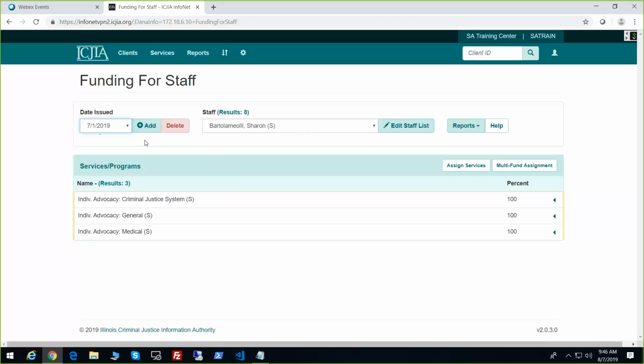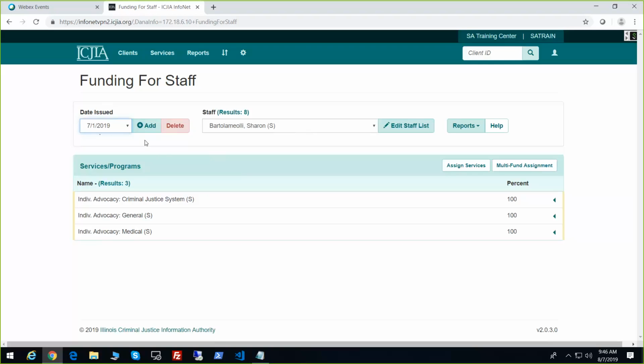You will also want to add a new date if there's been a substantial shift in how staff generally spend their time. Maybe somebody was spending all of their time as a counselor, and you've decided to shift that staff person's responsibilities so that now maybe they're only spending about half of their time working on counseling clients and then the other half of time doing something different. In those cases, and if it is affecting your funding, meaning the shift in their responsibilities is something that was maybe restricted according to their new funding, you're going to want to add a new date on the day those responsibilities actually shifted. And then finally, you are always going to want to add a new statement date every